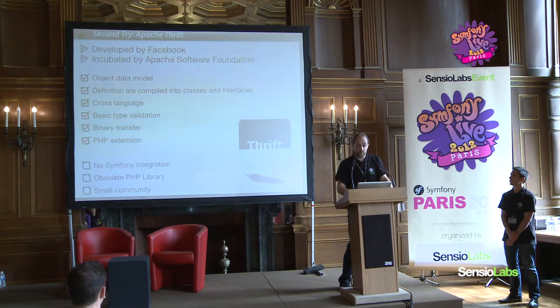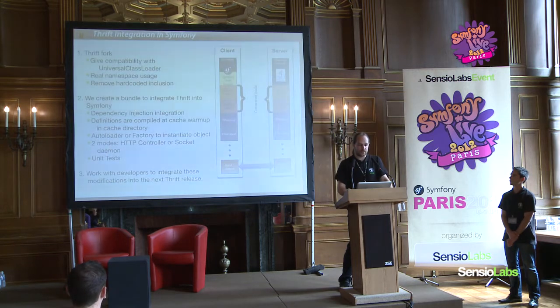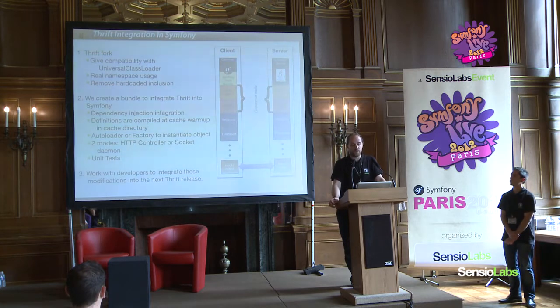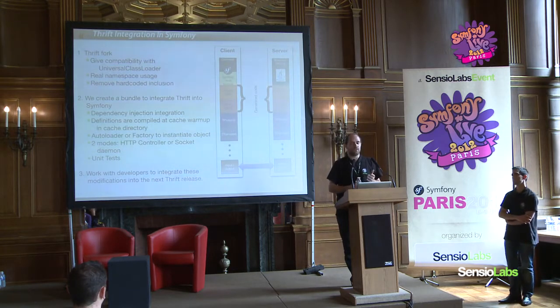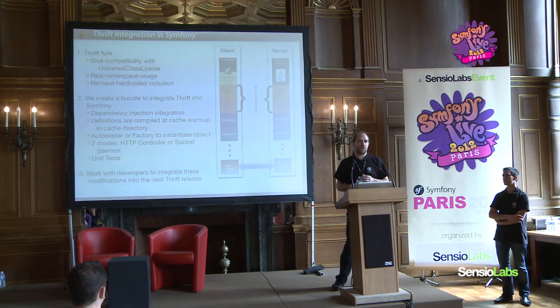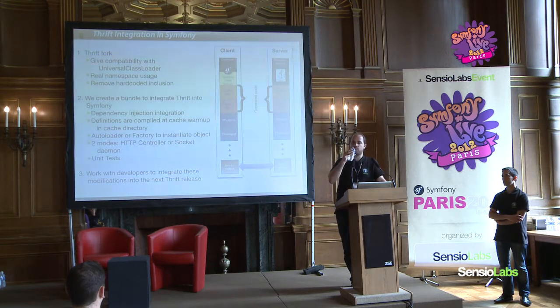Small support. As a result, we spent a lot of time integrating this within Symfony, squeezing it into Symfony. We worked on it through different points. The first one, we had to fork Thrift, for reasons I talked about already. The PHP library is a little too obsolete. We had to rework the PHP library, add namespaces and delete all the hard inclusions, and the autoloader was not used. It was 10 classes per file, so we broke down everything, and we also recoded part of the compiler for adaptation purposes.